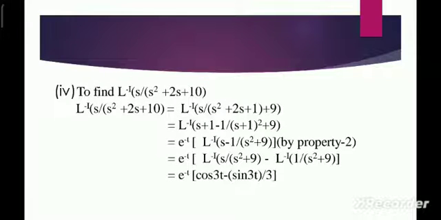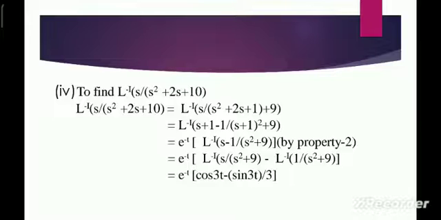The next one is to find L inverse of s by s square plus 2s plus 10. Here the denominator is in the form of a quadratic, so here also I am going to use what we discussed earlier. So L inverse of s by s square plus 2s plus 10 is rewritten as L inverse of s divided by